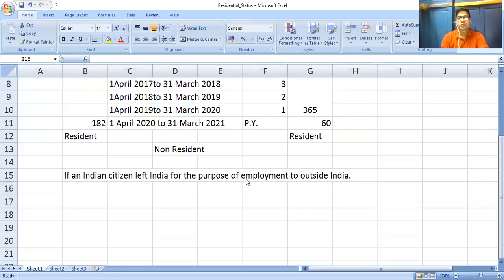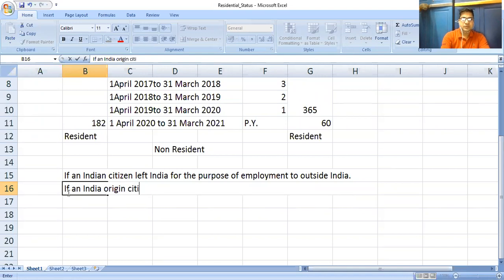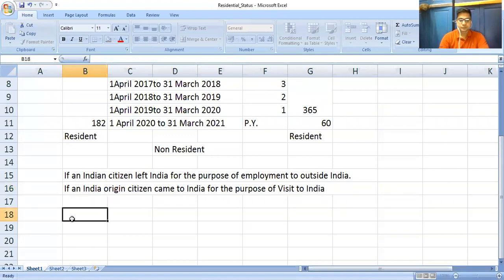for the purpose of job or employment outside India, or we can say that if an Indian origin citizen came to India for the purpose of a visit to India. Suppose